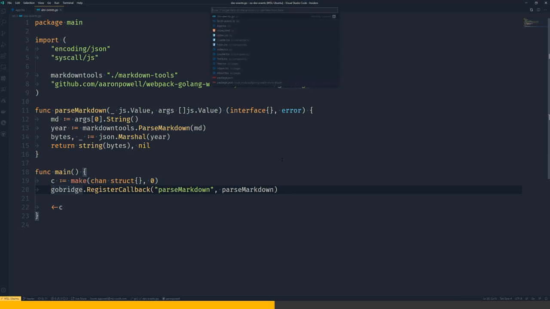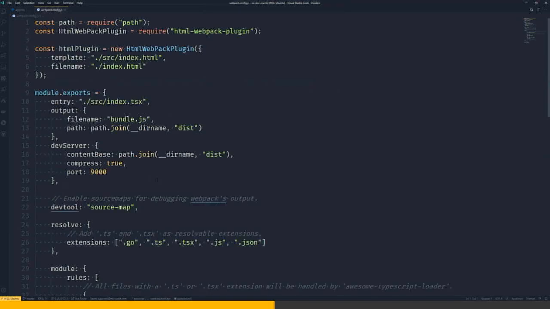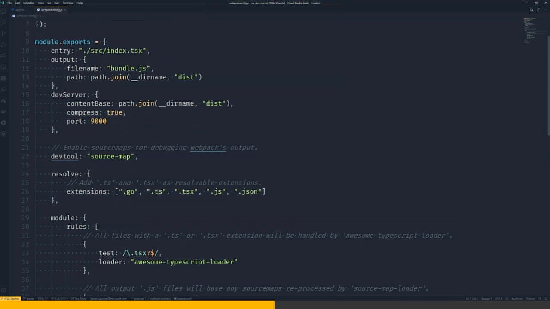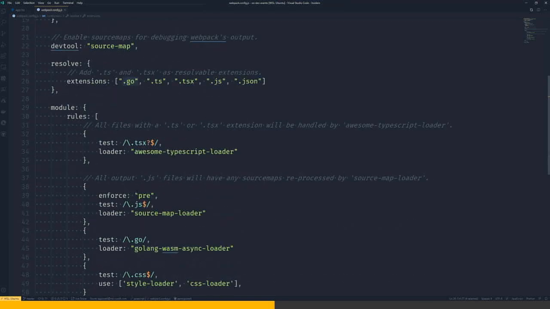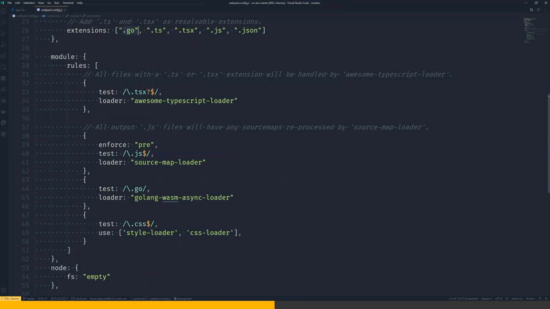So if we go to our Webpack config, scroll down a little bit, we can see that we are now supporting Go as an extension to resolve. And then if we find Go, we use a loader called golang-wasm-async-loader, which is just available on NPM.